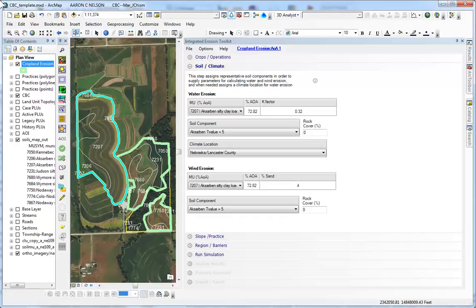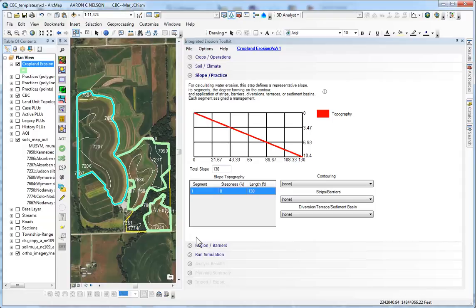The next step in entering information for our IET scenario is entering the slope practice information. So we're going to click the arrow to expand the slope practice section of the IET interface. The default slope has one segment and steepness determined by the soil component from the representative slope and length from